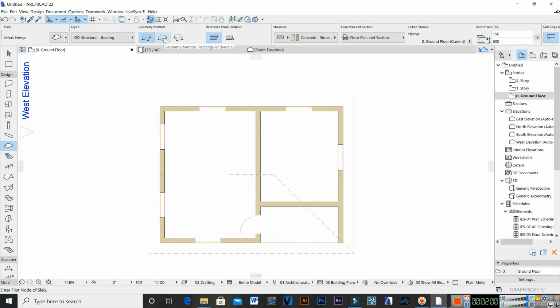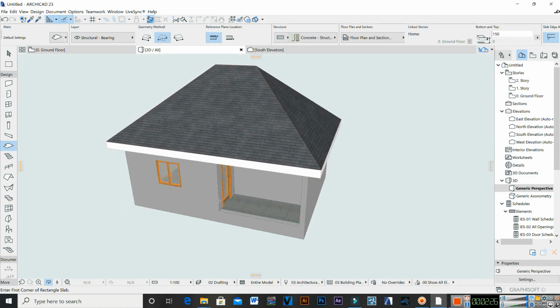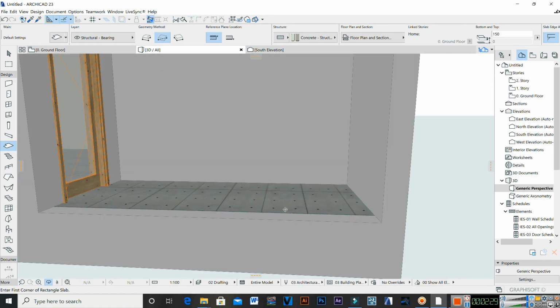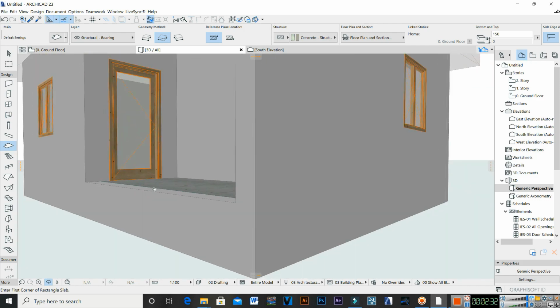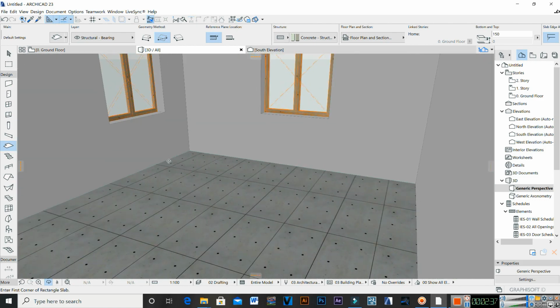Remember to pick this because this will make you go from one angle to another. But since this is a regular rectangle, you can just pick it and then draw from one point to the second point. And our slab is done. Now let's view what we have done in the 3D window to be sure we are on course. Yep, we're on course. It's exactly on the surface, and then if you go in all through, you will see that the slab covers the whole